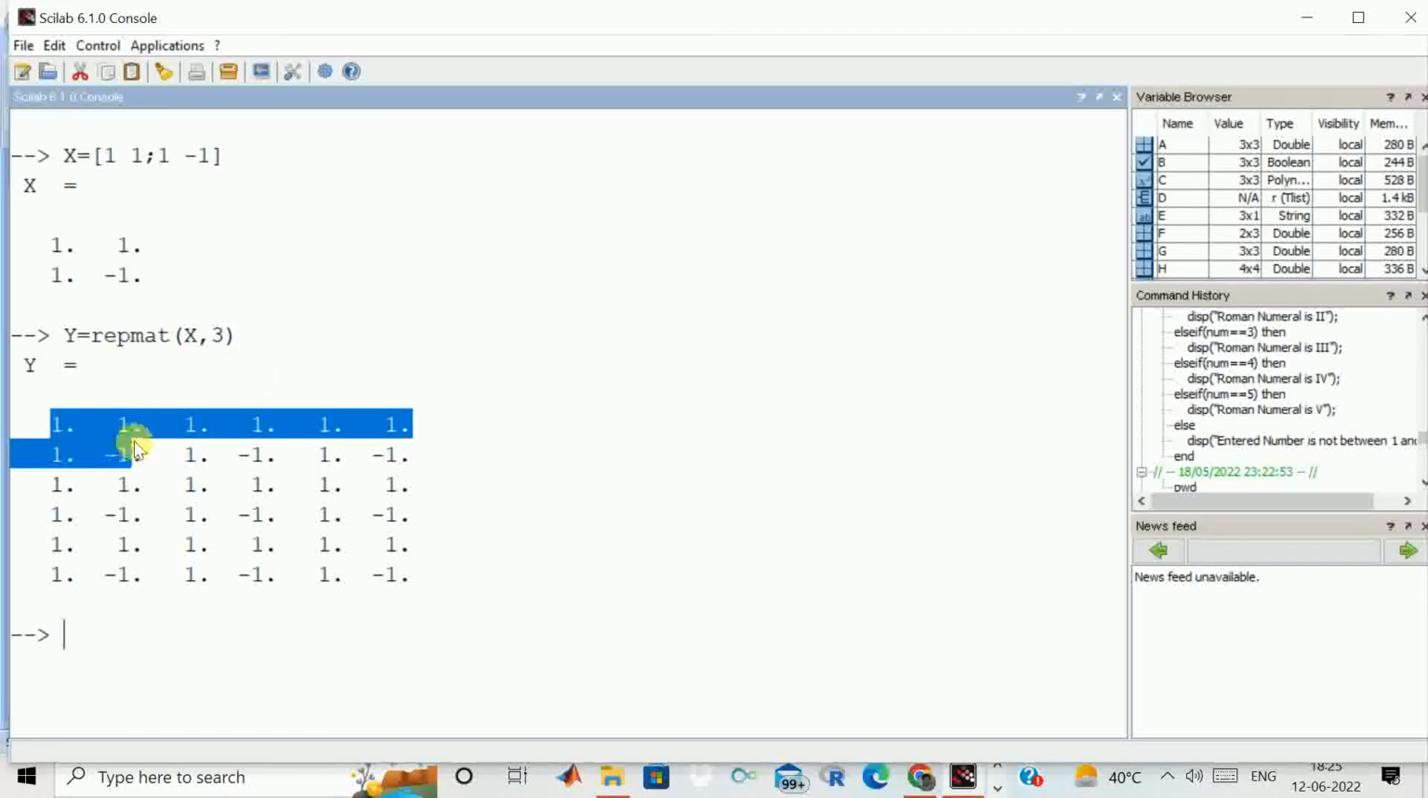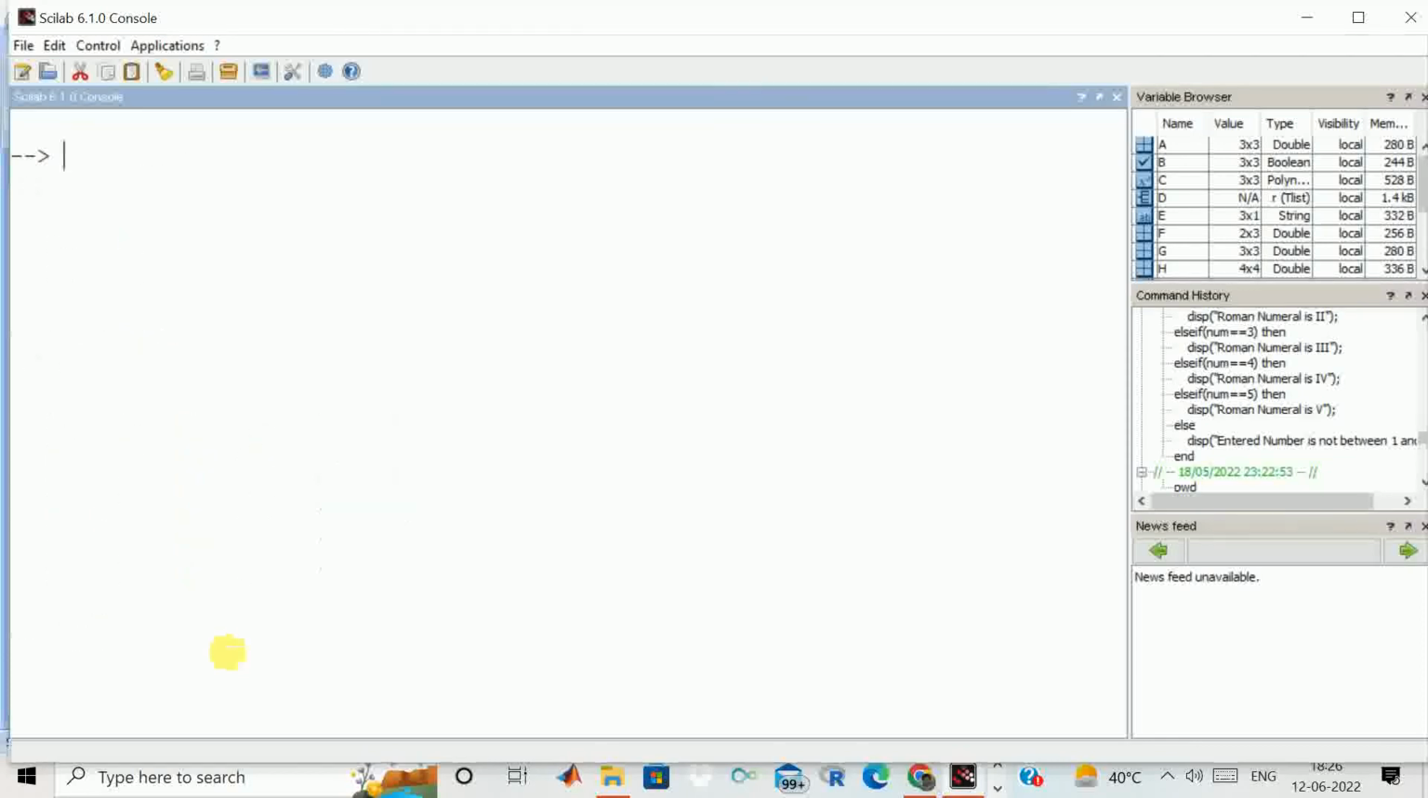this one. So 1 1 1 -1 is being repeated 3 times, both row wise and column wise. So in all we have a dimension of 1 2 3 4 5 6 and 1 2 3 4 5 6. So the new matrix has a dimension of 6 cross 6. So this has a dimension of 2 cross 2 and multiplied by 3 it has a dimension of 6 cross 6. Okay, so we have this matrix